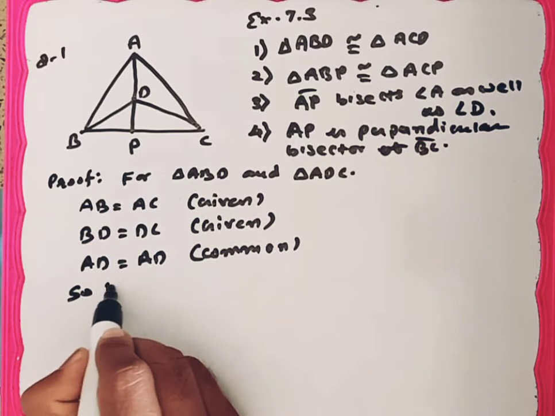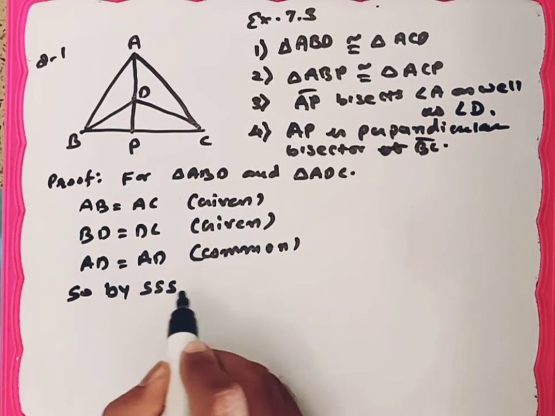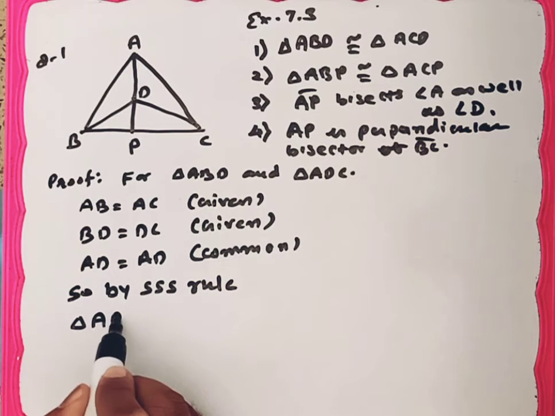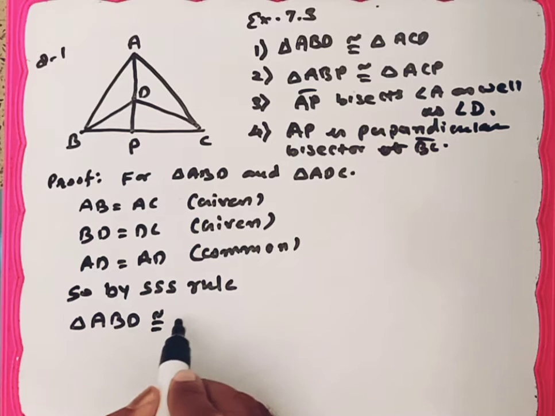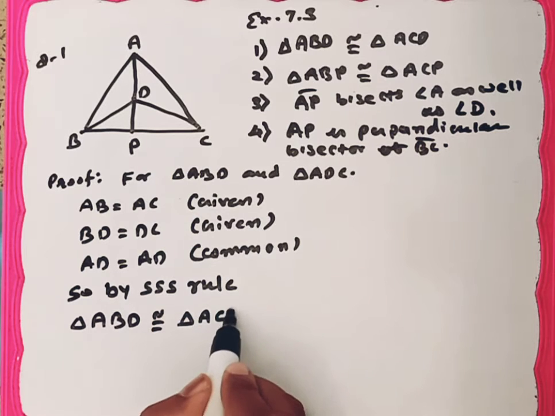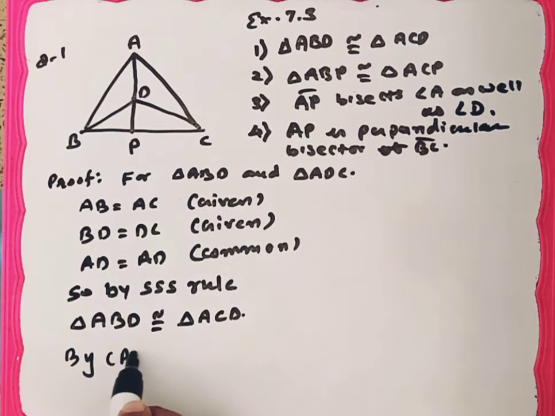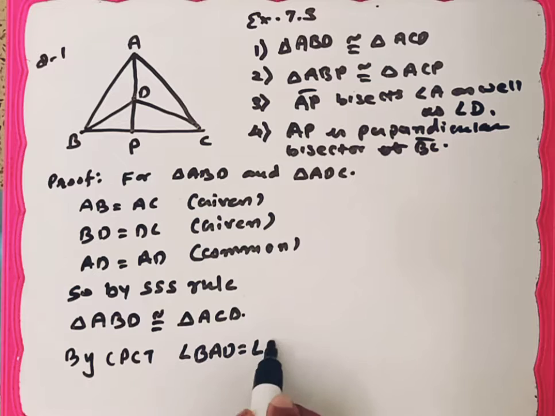So by SSS rule, triangle ABD is congruent with triangle ACD,